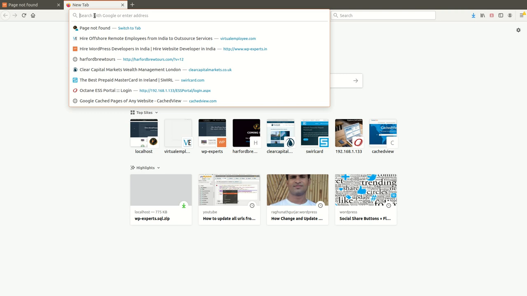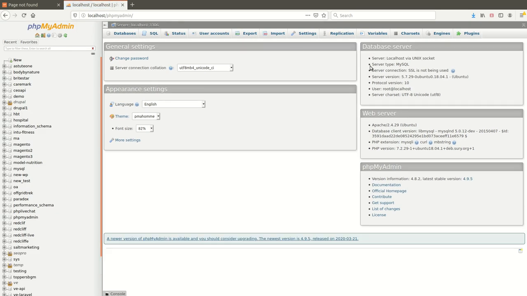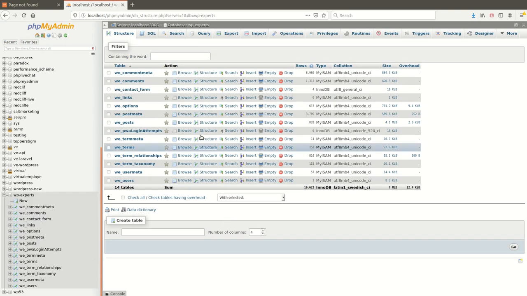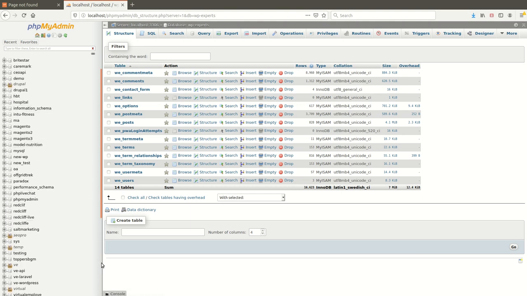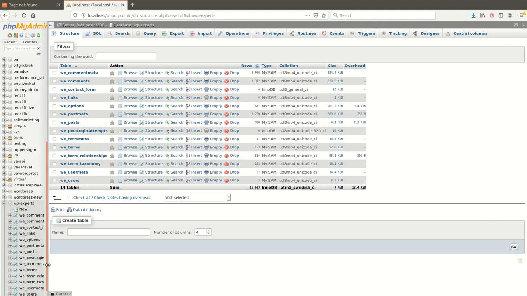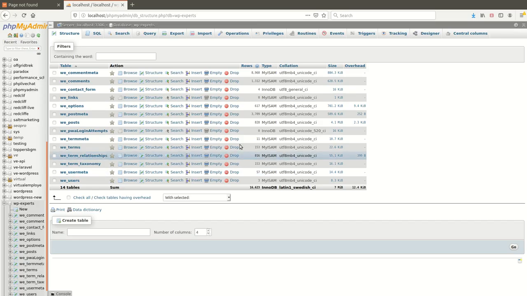First, I will log into the database. As I have already logged in here, it has not asked me for login details. This is my localhost database, WP expert. I have imported the database from server to local and configured the database settings as well, but it's still showing 404.